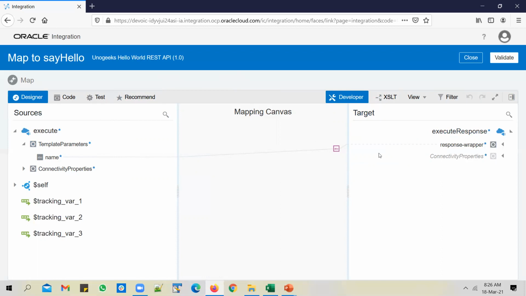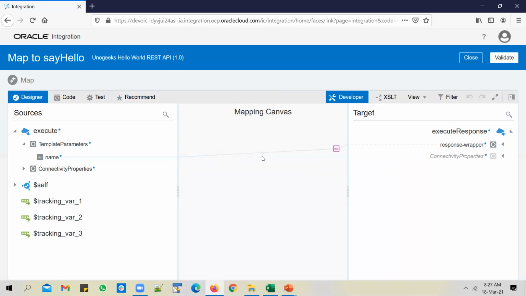Whenever a source is mapped into a target, say for example Salesforce to ERP Cloud, and if there are 100 developers, and all of them have done the mapping from Salesforce to ERP Cloud in a specific way, like attribute 1 to attribute 1, or mapped attributes from source to the same attributes in the target, then that would be considered a recommendation, and it will be stored in the recommendations engine.